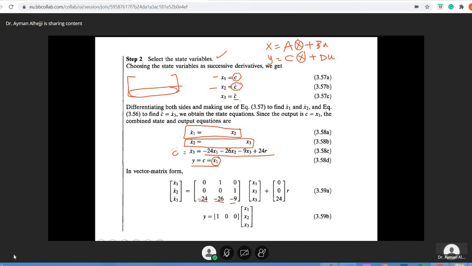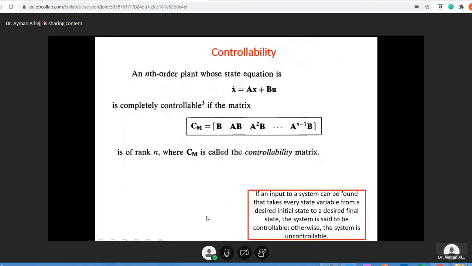Do you have any question? Inshallah, clear. Now we have another part,